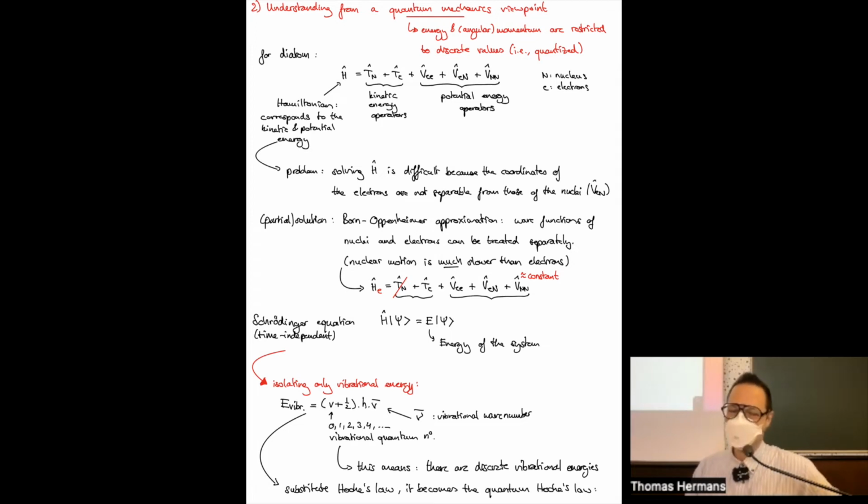Because if you consider all the interactions between the nucleus, different nuclei, electrons, etc., it becomes incredibly costly to calculate that thing. Right, so that's the problem. That solving the Hamiltonian is difficult